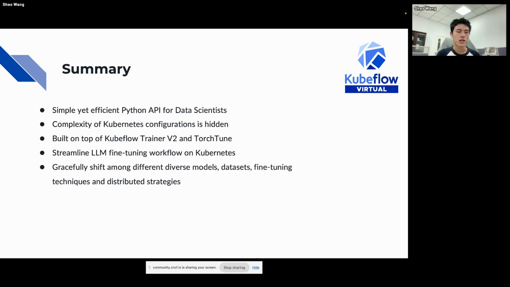And lastly, it allows users to gracefully shift among diverse models, datasets, fine-tuning techniques, and distributed strategies. They won't need to write specific fine-tuning scripts. They just need to use our SDK.